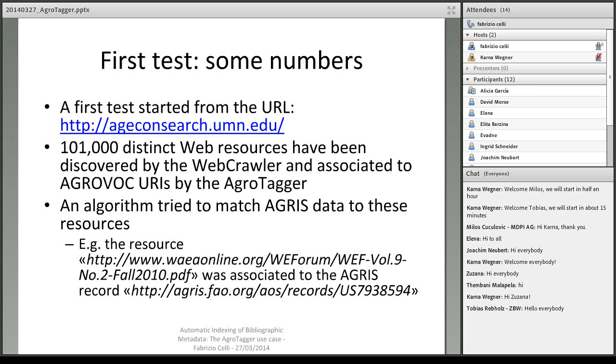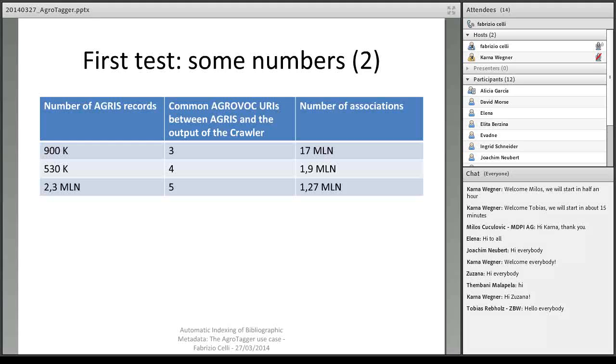Now, the number of common URIs that we need to assign a web resource to an Agris record is very important. It's very important because of numbers. The number of connections that we create can explode. For instance, when we set the number to 3, so we assigned a web resource to an Agris record if they had at least 3 AGROVOC URIs in common,